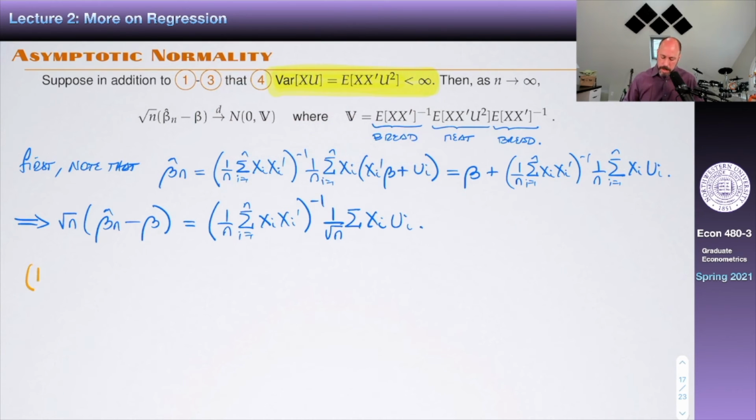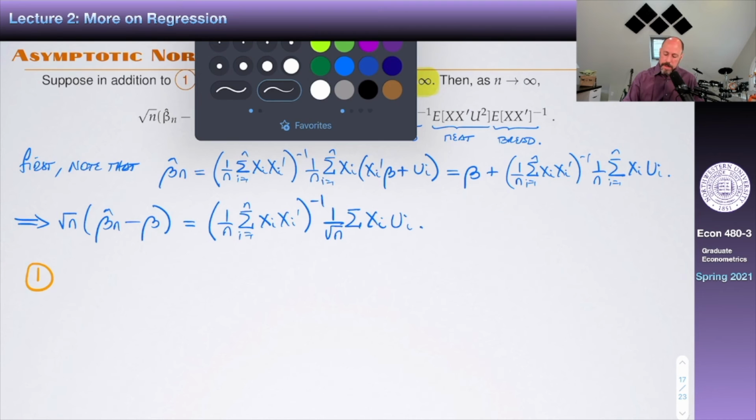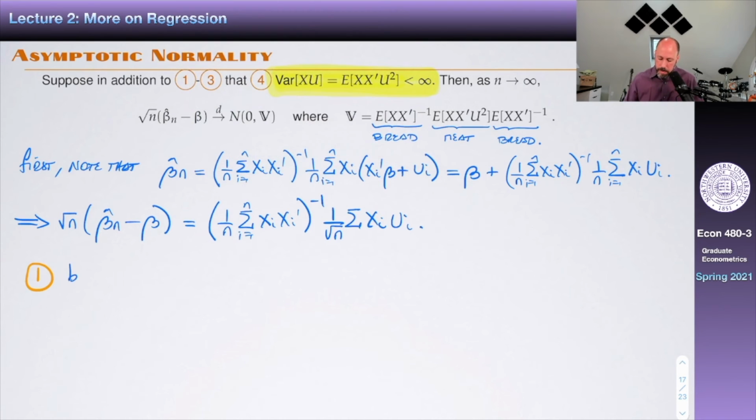And then the first thing that we have, which is the same that we did before, by the weak law of large numbers, we have that 1 over n sum from 1 to n of xi prime converges to the expected value of x prime, and then 2